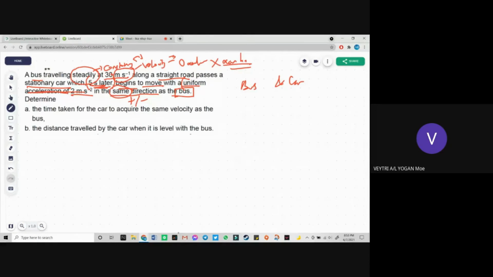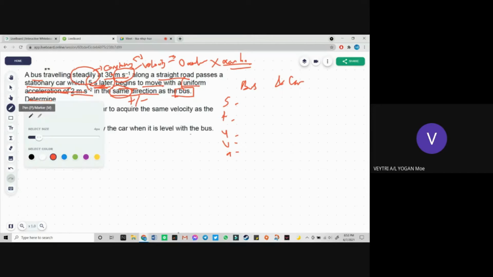Alright, now let's have a look at the first question. Okay, as usual, before we start answering the questions, list out your STUVA dulu. STUVA kali ini akan ada dua. Satu untuk bus, satu untuk car. So for the first one, STUVA. Alright, for bus,